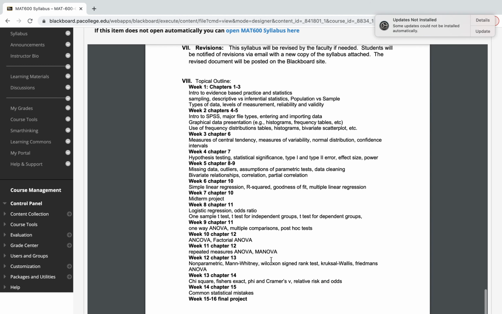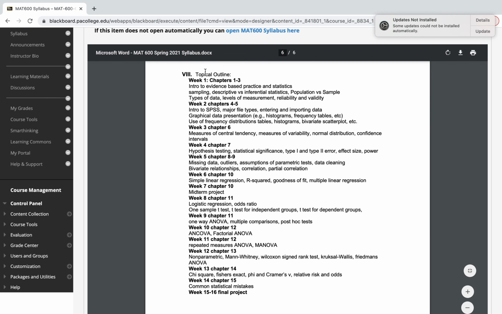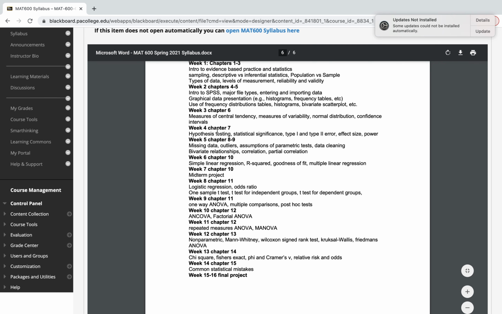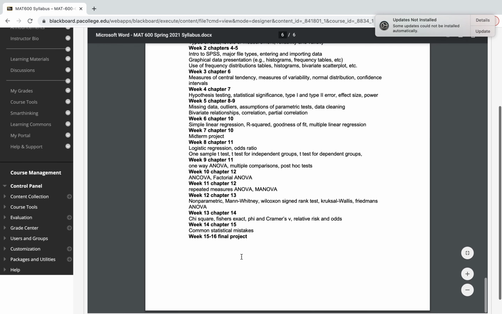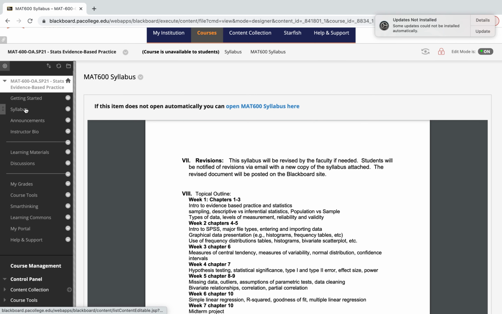And at the bottom, you can see the topical outline. This is what we will be covering each week. The first couple weeks should just be review and an introduction to SPSS, and then we'll get into some more advanced tests towards the second half of the semester. So that's the syllabus. So once you're done looking at the syllabus, I'm going to go back into